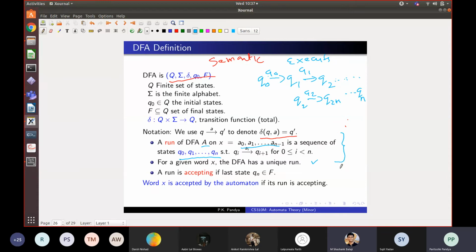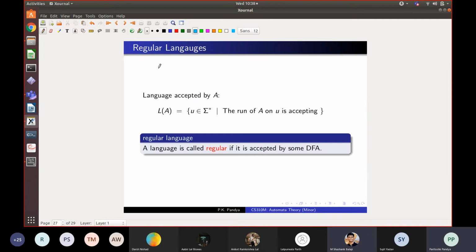Any question? So, in the last line, a word is accepted by the automaton means the word X belongs to the language of the automaton, right? I have not yet defined the language of the automaton, but I'll do it on the next slide. Every automaton accepts some words and does not accept some words from sigma star, right? So if you collect all the words which are accepted by the automaton A, what you will get is a subset of sigma star. And that is called the language of the automaton. So every automaton defines a language, right? Is this clear?